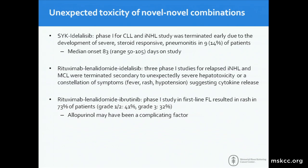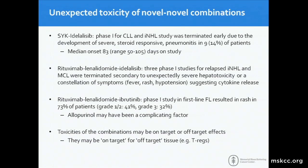And then finally, rituximab-lenalidomide and Ibrutinib was a phase 1 study in first-line follicular, resulting in rash in 73% of patients, 32% grade 3. Look up the CTCAE. Grade 3 rash is really nasty. Here, allopurinol may have been a complicating factor, but again, a significant augmentation of unexpected toxicities. So these probably are resulting from on-target effects, but they may also be resulting from off-target effects, or they may be what I call on-target effects for off-target things like the T regulatory cell. They are hitting the correct pathways in the T regulatory cell, but it's just that we don't want to hit